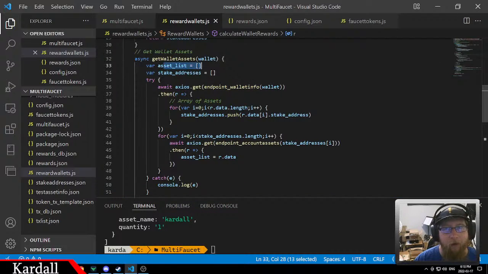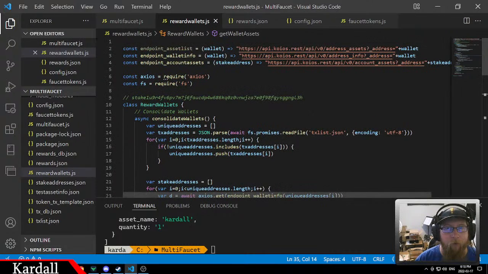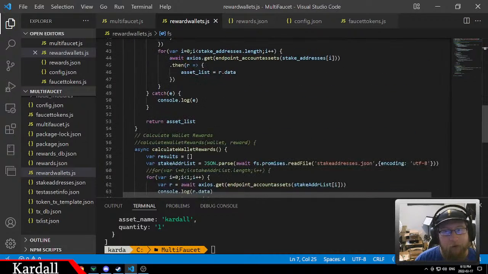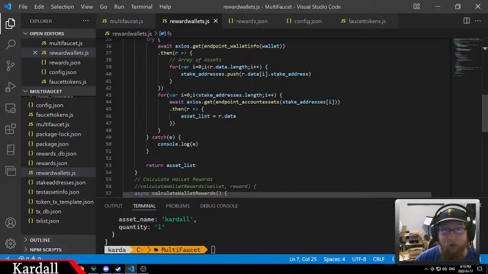So we have our asset list, just create an empty array, and we have our stake addresses. The first thing we have to do, in order to get the account information, which is this first one here, the account assets, the way that we can see the actual pocket change, for example, and the NFTs on the wallet, is to get the stake address for the wallet. So we take the wallet